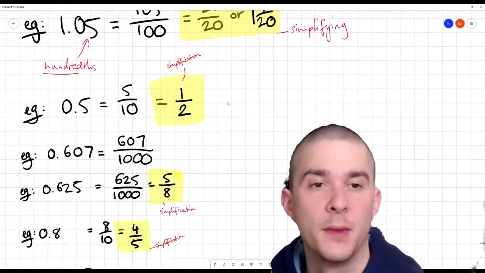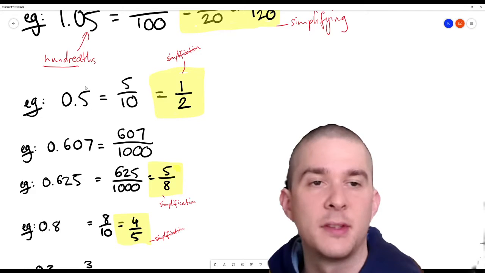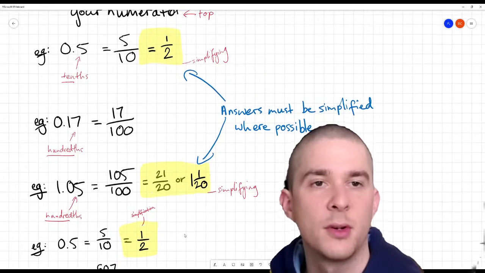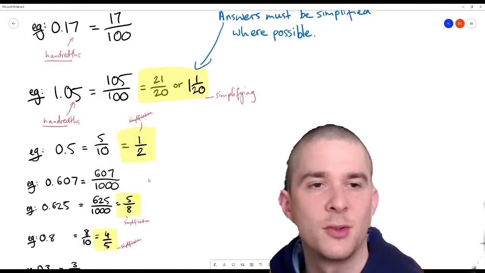All right, moving on. 0.5. Well, that 5 is in the tenths position, so this is 5 over 10. That simplifies to 1/2. Did I already do this one? I did. I've done it twice. All right,